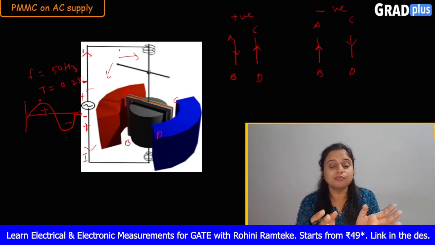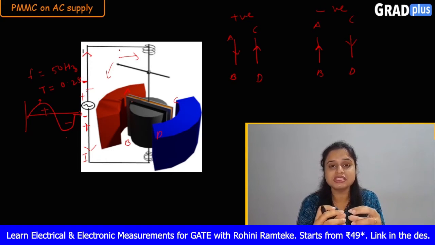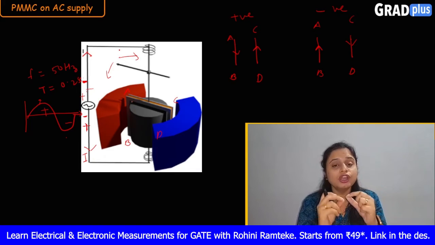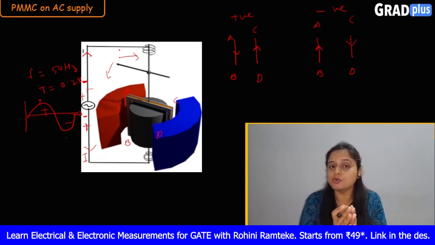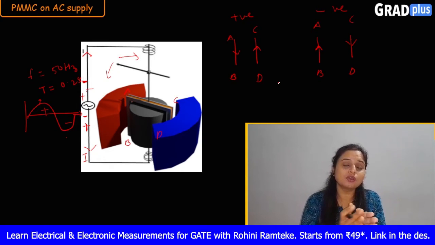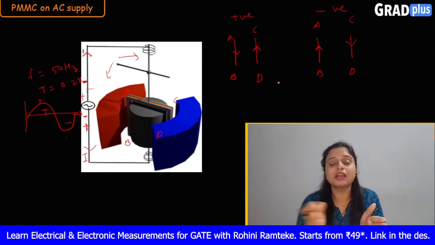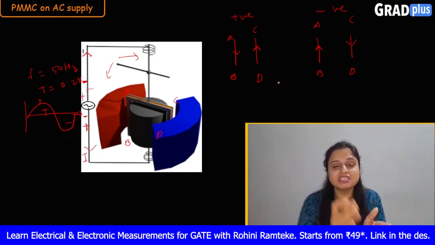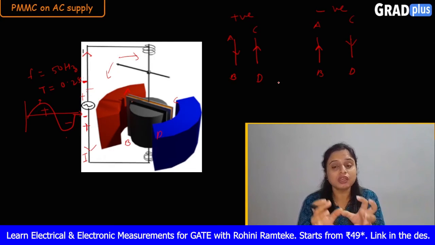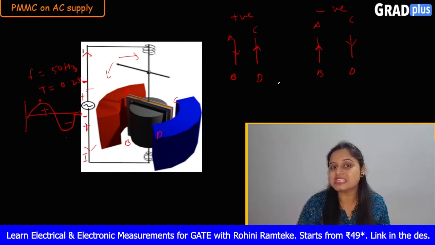Because the time for the appearance of these positive and negative half cycles is very small, before reaching some value, the pointer will try to go in the opposite direction. So what is happening here? Only the pointer will oscillate at the zero position. It will never go in clockwise direction, or in anti-clockwise direction. It will completely oscillate at the zero position only. So here it will never show any reading when we give the AC supply.